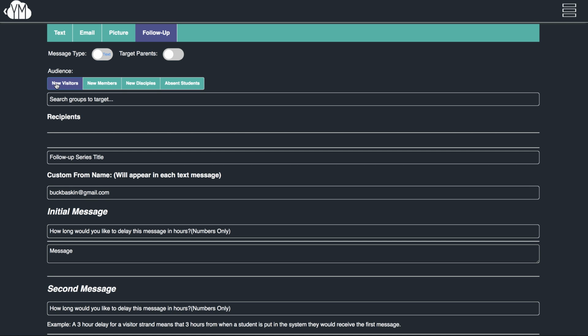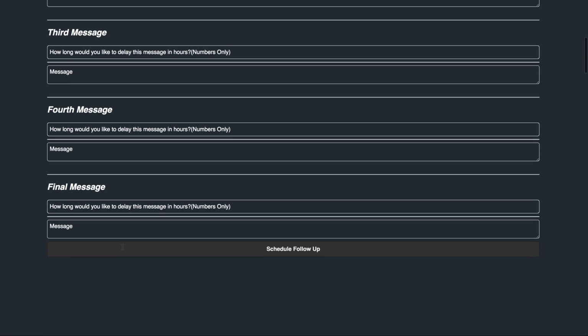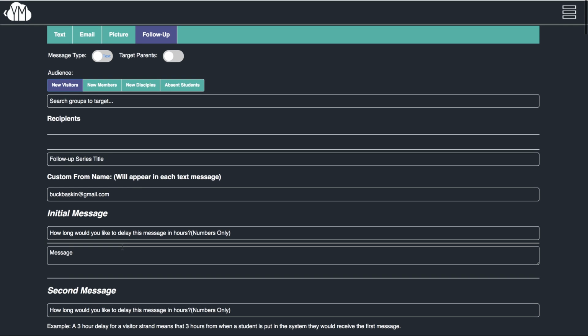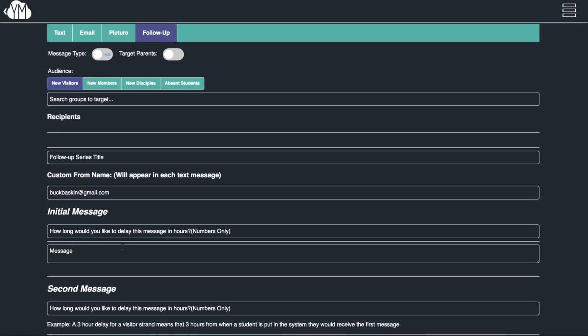What this would mean is that when a new kid comes to ministry and they're a visitor, they're going to get a series of up to five messages sent to them at set intervals. So for example, in this first one, I put in 5 hours. That means 5 hours from when they checked in. Our check-in is about 10:30 for high school kids, so that would mean that at 3:30, they would get a message,